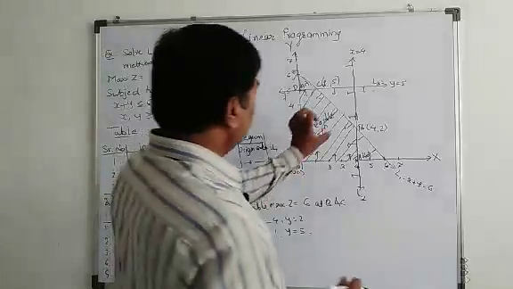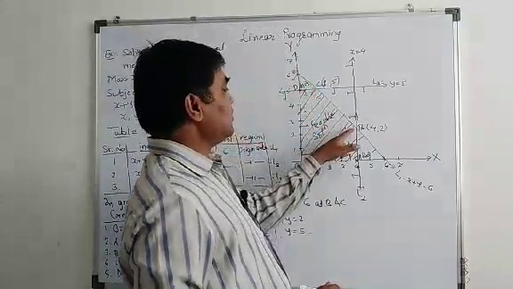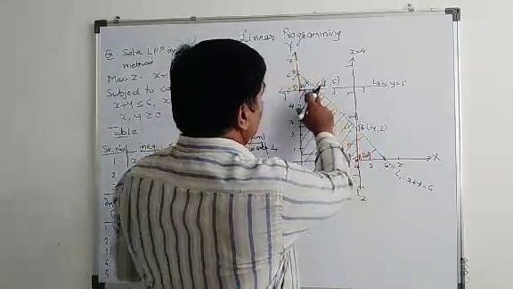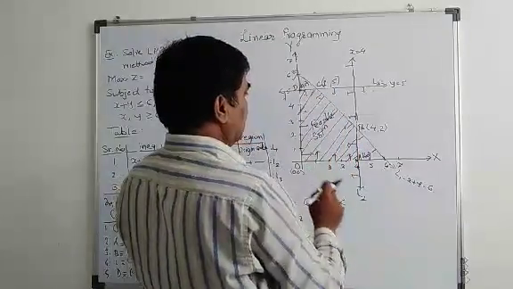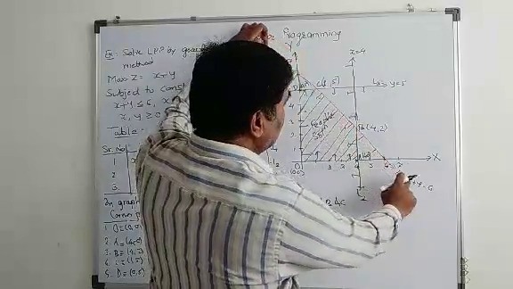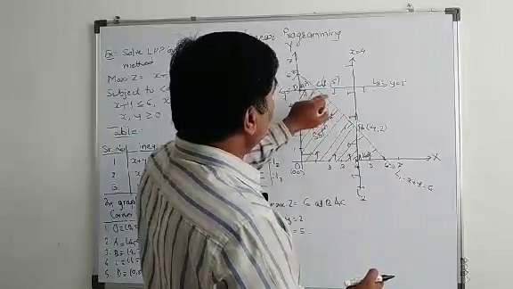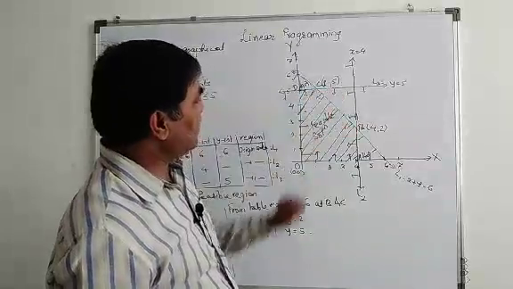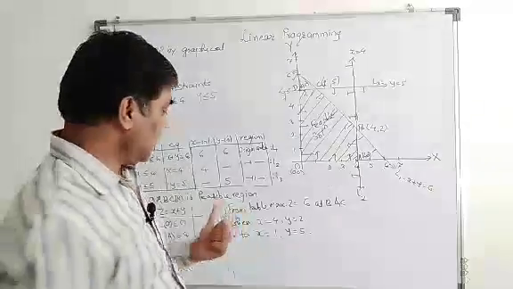Now you can observe this linear programming problem has two solutions reached at points B and C. For this line segment there are infinitely many points on line segment BC. The equation of this line is x plus y equal to 6. So for every point on this line, x plus y is always 6. So at every point on this, the value of Z is also equal to 6. And there are infinitely many points on line segment BC. Therefore, there are infinitely many solutions for this LPP.